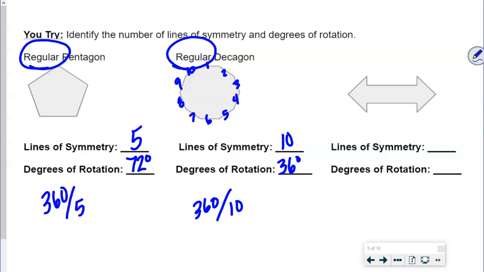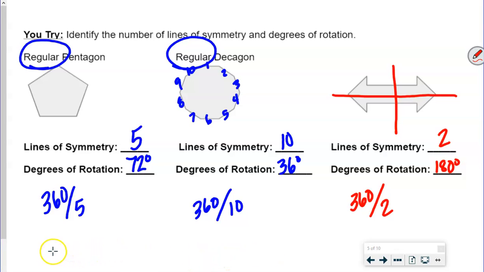Okay, this last one looks to me like it's going to have a line that would cut it there and a line that would go through those points of that arrow. Those are the only two lines of symmetry. So if we have two lines of symmetry, the degrees of rotation are going to be 360 divided by those lines of symmetry. So this is going to be 180 degrees, right? Which makes sense, right? We'd have to flip it all the way over to the other side to get our degrees of rotation. So now you need to finish the worksheet and